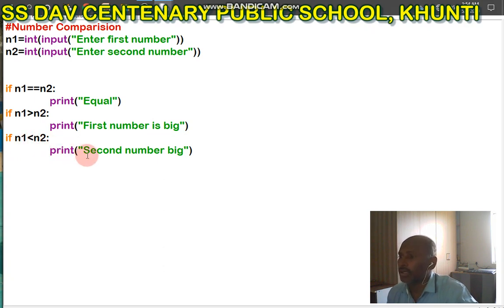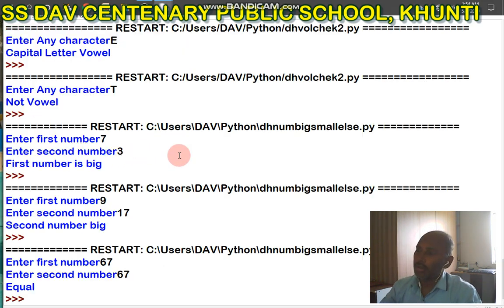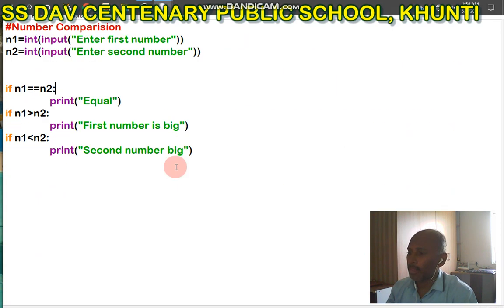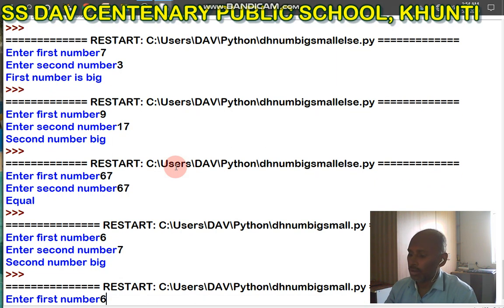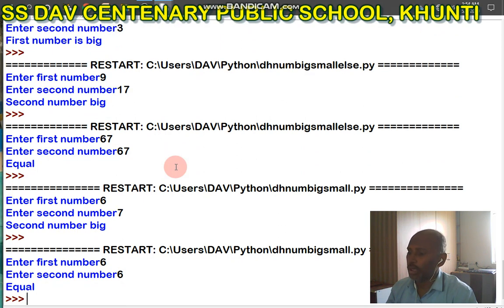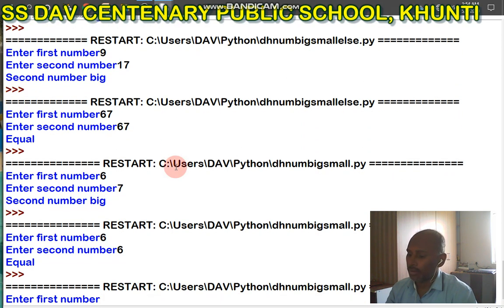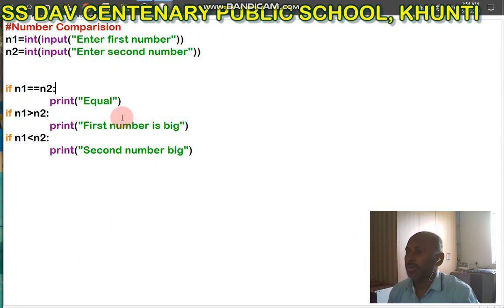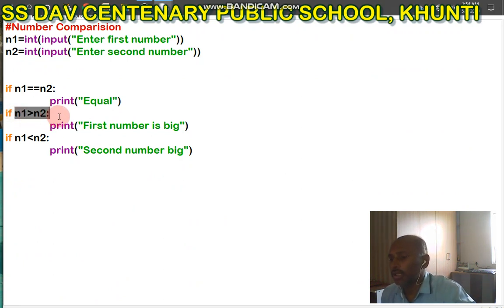N1 less than N2, second number is big. Second number is big. Number is equal. First number is big. Means in this program, I have used only if statement, and in if statement we have to write this condition again and again.